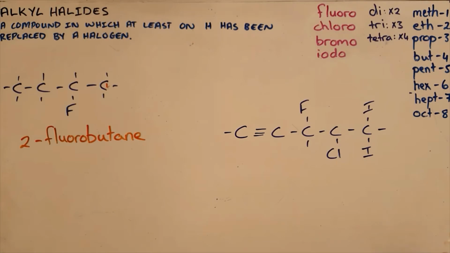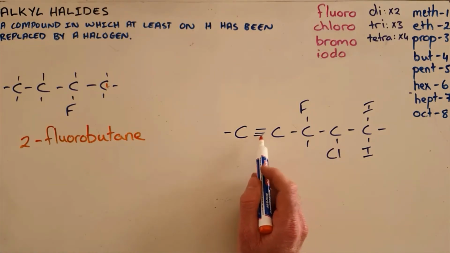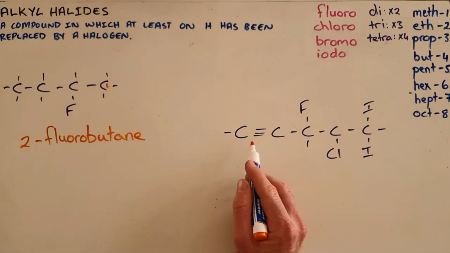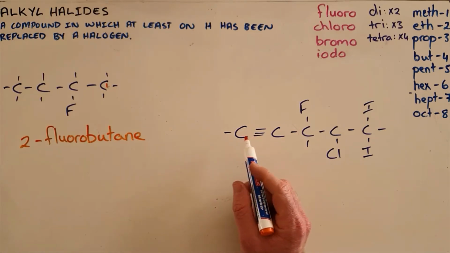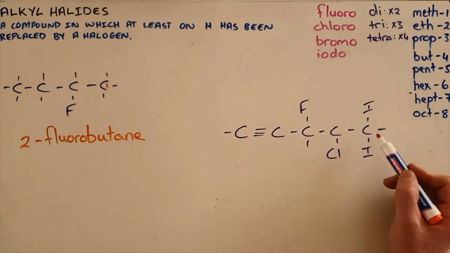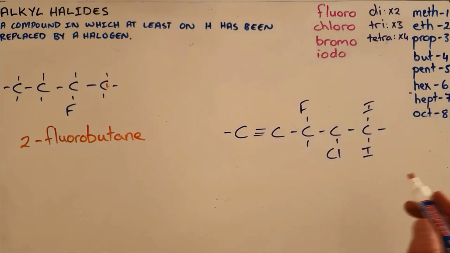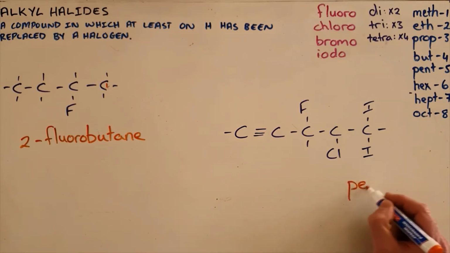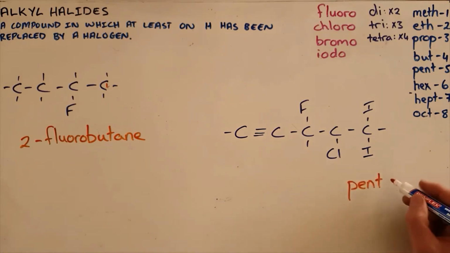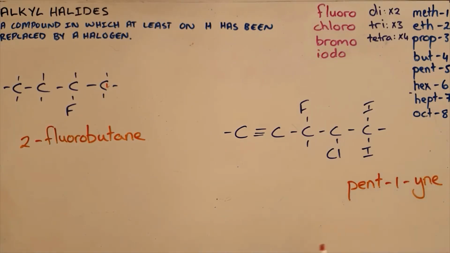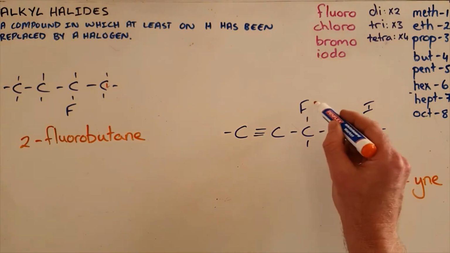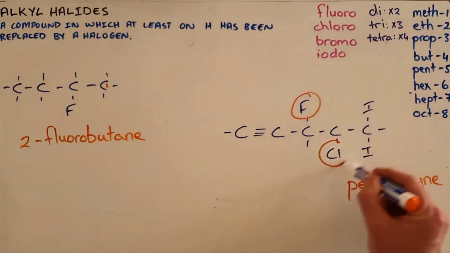This can now be applied to any organic compound that includes alkynes. So here we can once again follow the same pattern where we can see that this is an alkyne as a result of this triple bond. This triple bond tells us it gets the suffix yne. We can see that the main chain has 5 carbons in it and therefore gets the prefix pent, and it is important to indicate the position of that triple bond, and that is on the first carbon, so pent-1-yne. And we can now see that there are 4 alkyl halide branches here, those being a fluorine, a chlorine,